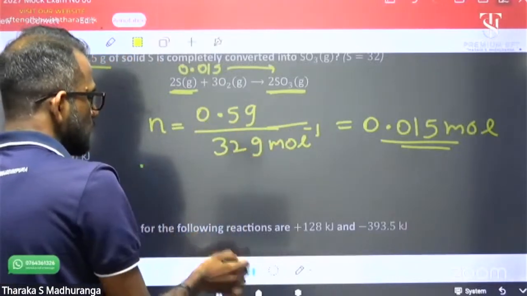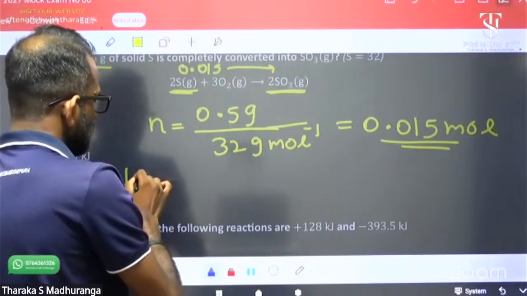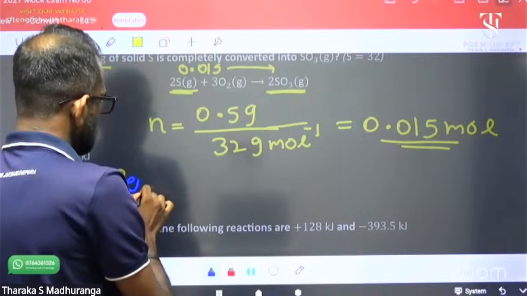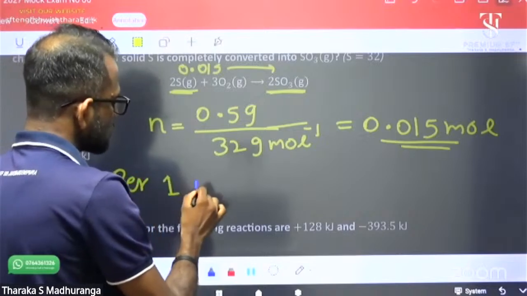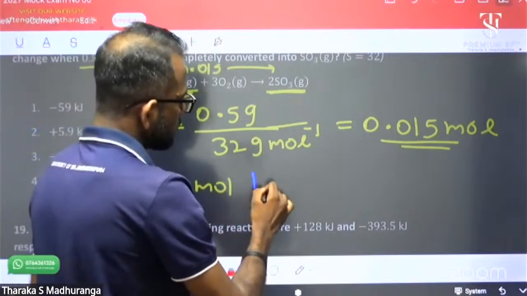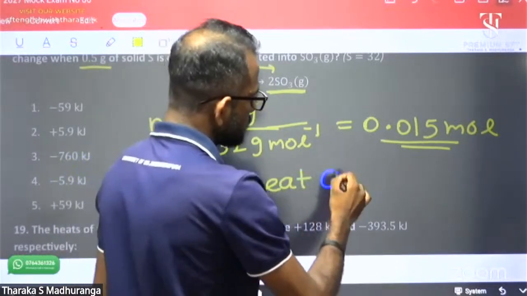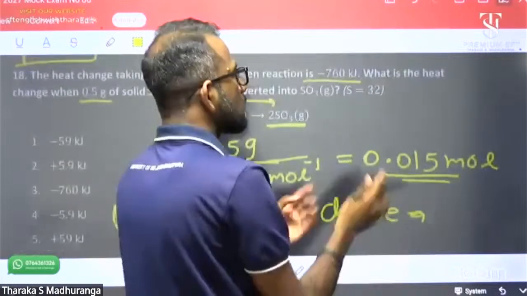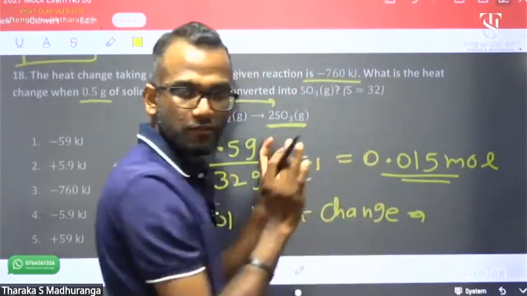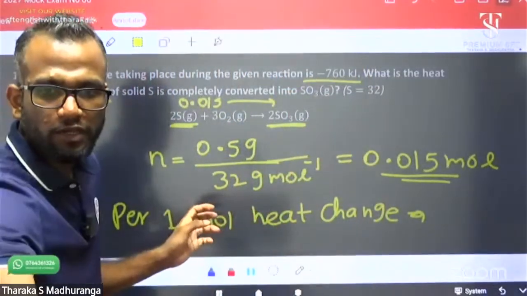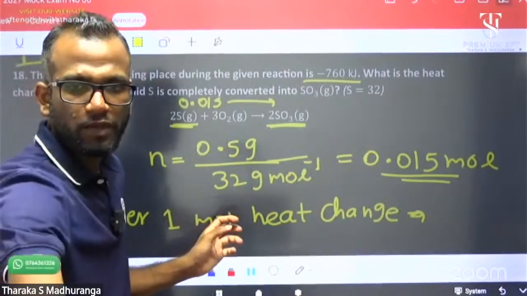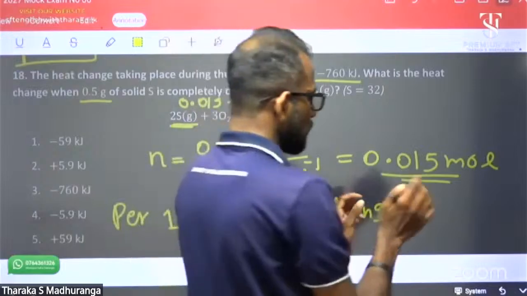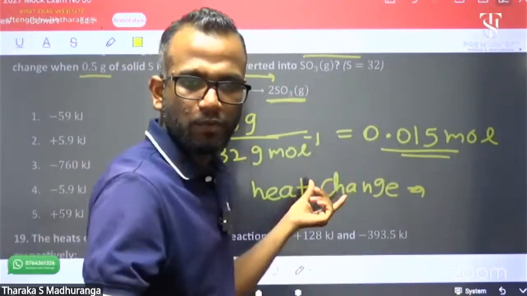Per 1 mole heat change. For 2 moles, it is minus 720. Then divide by 2. Then you can get per 1 mole, right? Per 1 mole, it is